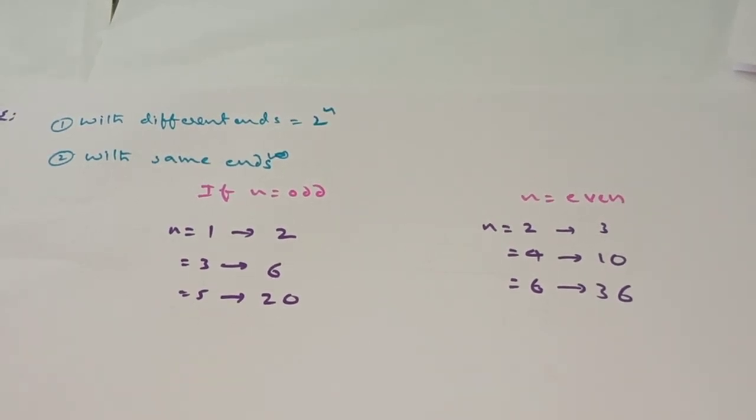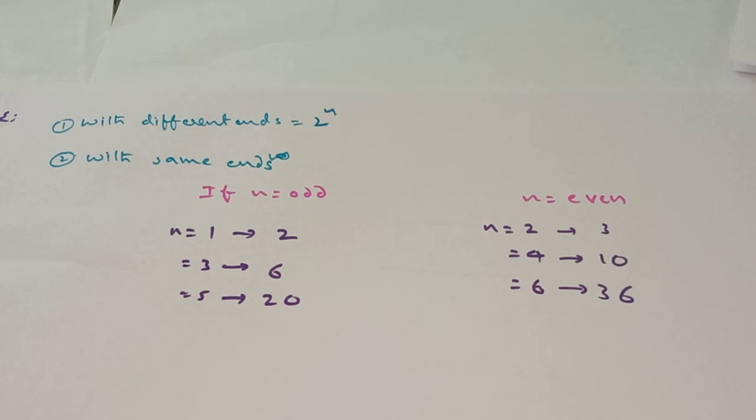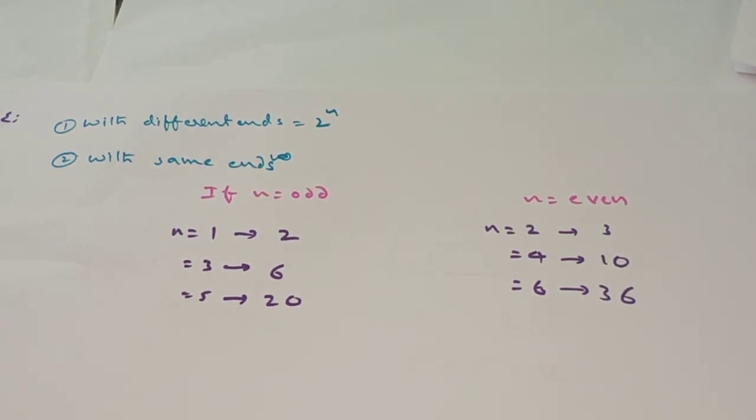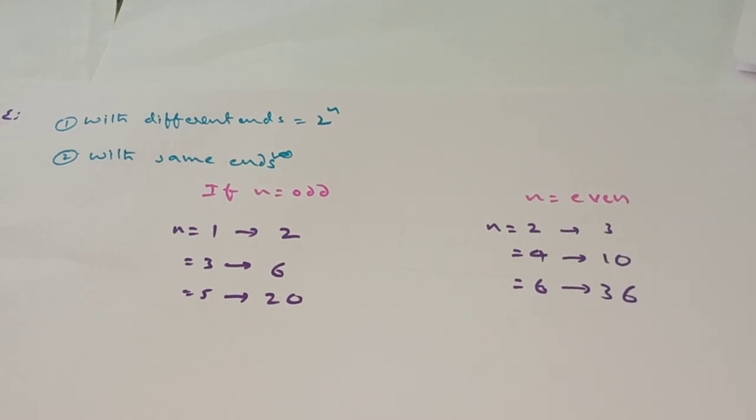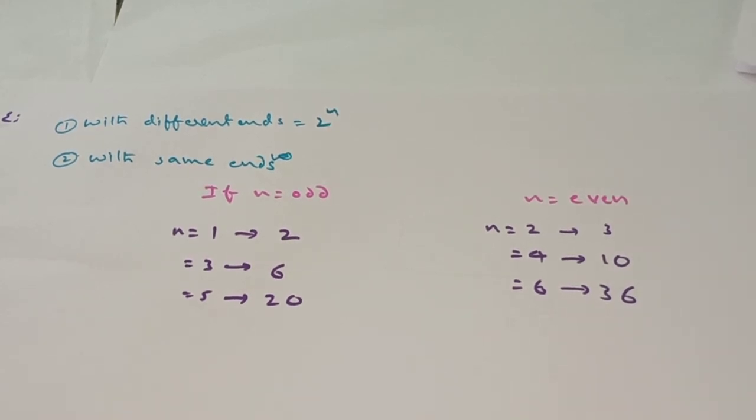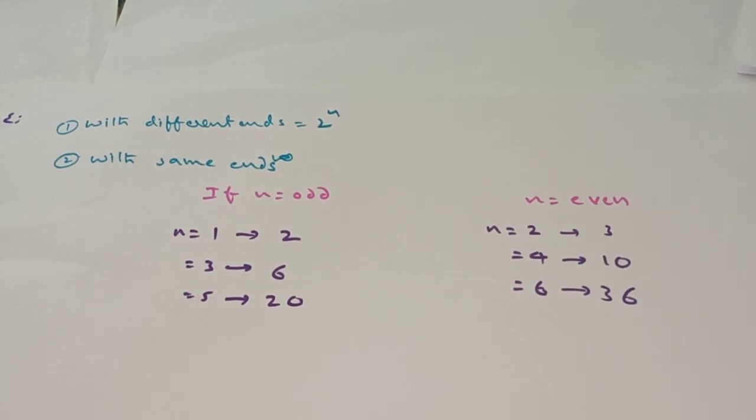Here I would like to give you some examples for the sake of your practice. Please practice at home and calculate the number of possible geometrical isomers, and also comment your answers in the comment box. Let us go through those examples. Please note all these examples. I'm writing the names of the molecules only.